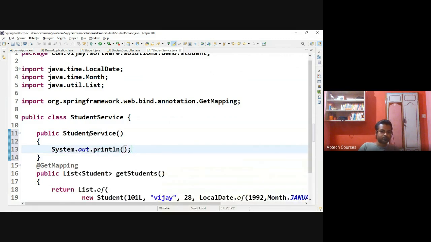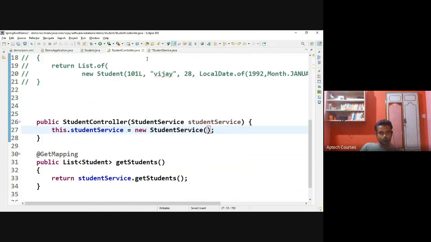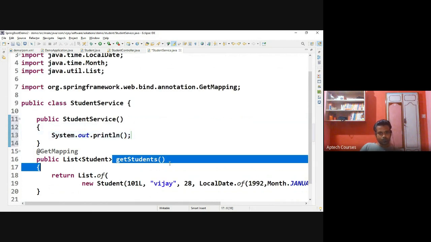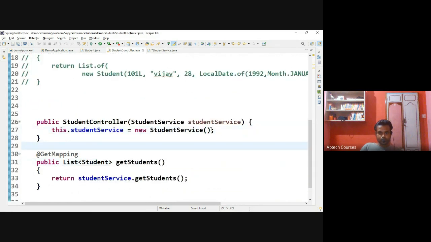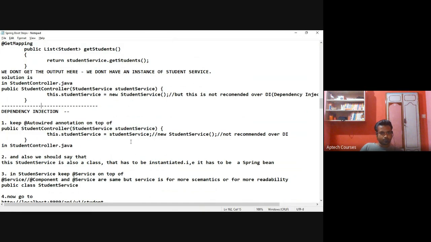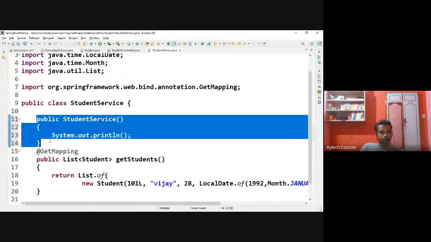While returning, I can return like this, but in the student controller, what I'll call here is get students, get students, this.